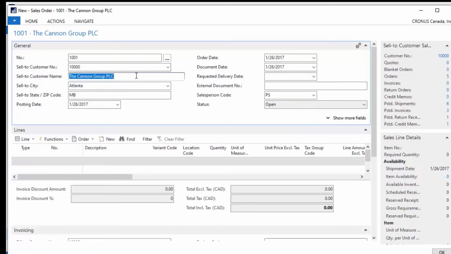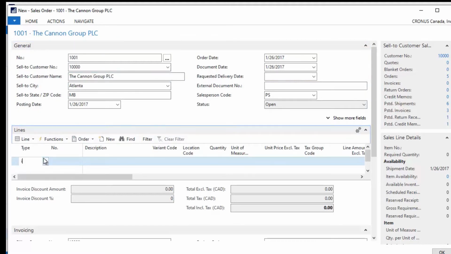I'm going to sell this to the Canon group, and none of the rest of this really matters for this illustration, but if I come down here and I put in type item, and I'm going to sell my cigar,